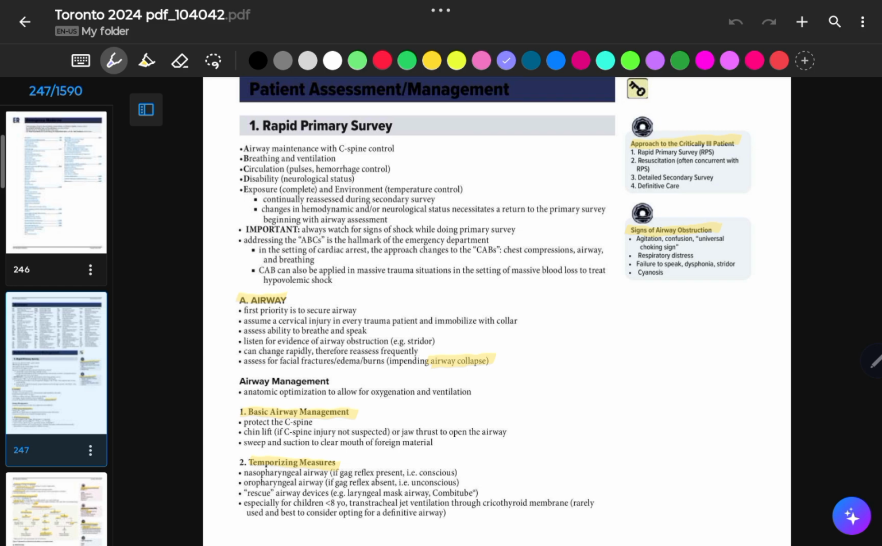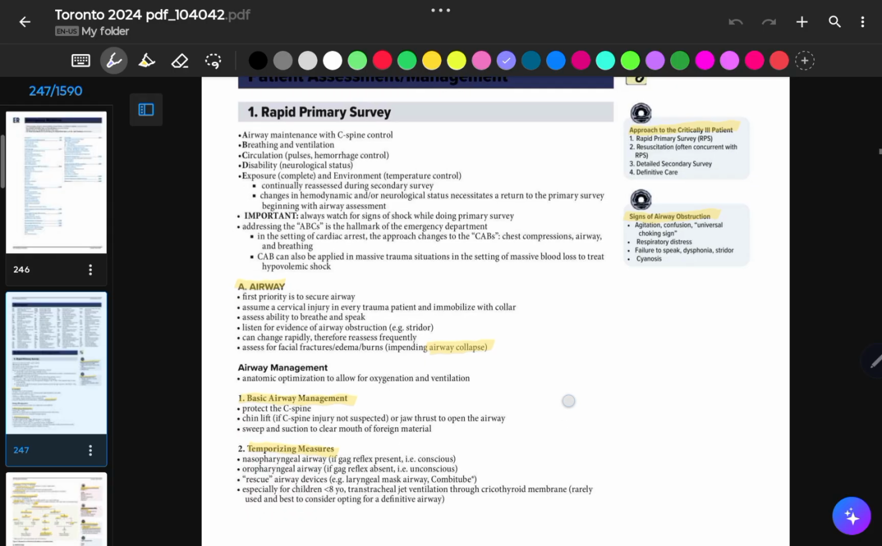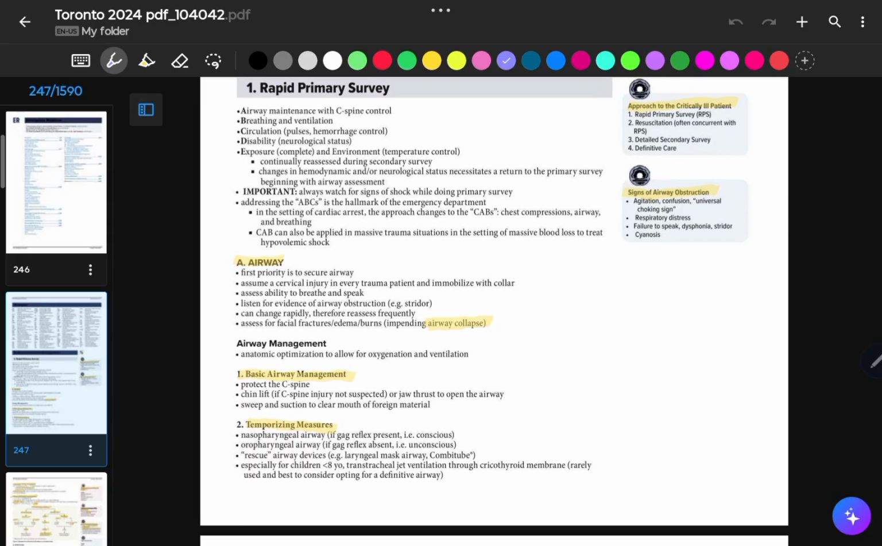So it's a continuous reassessment during the secondary survey. As you go along, you continually reassess back to airway, back to breathing, back to circulation, making sure everything is stabilizing. All right. So if a patient presents with a cardiac arrest,